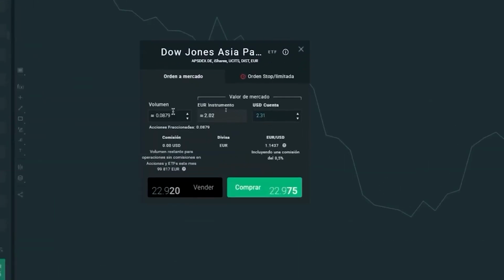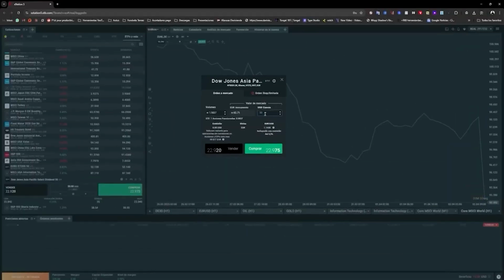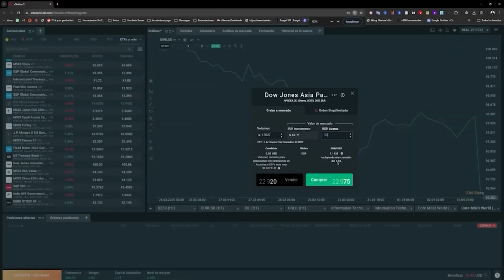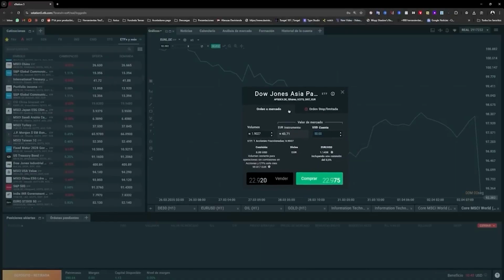For this, you will enter here, and specifically, as I was explaining to you, you will proceed to buy either by volume or by a specific monetary amount, either in euros or dollars. So for instance, in dollars, if I input $50, let's adjust it here. I'll bring it a bit closer so you can view it better. If I input $50 here, it then informs me that in euros, in this instance, this instrument that is in euros would be 43.71, and in volume, I would be purchasing specifically or investing specifically in 9 shares of this